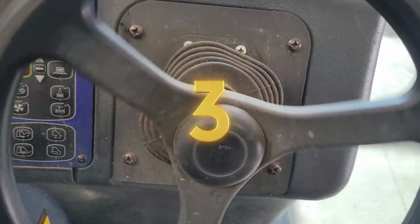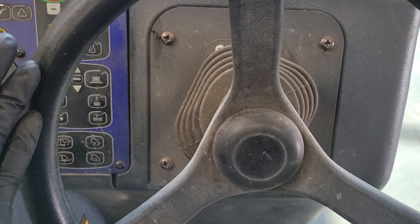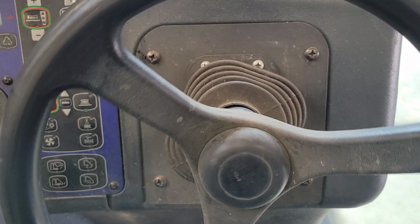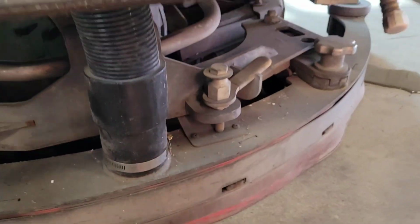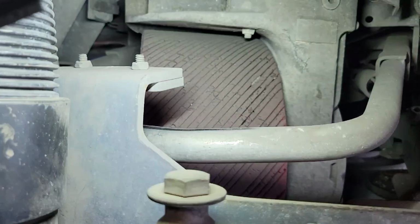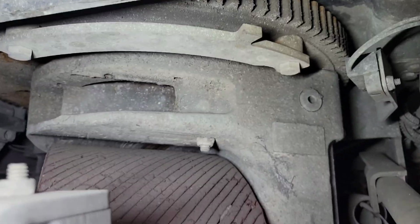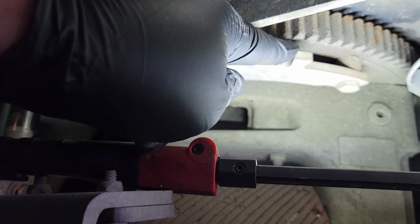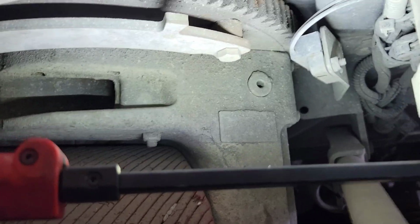Just seems like you have no steering input whatsoever. You're driving and it's constantly doing a left turn, constantly doing a right turn, no matter what way you turn the steering wheel. If you get down and look at the drive wheel, which is right here, you take a look at where everything's mounted. You can see this bracket here, this little tab. If you look at each side, they both have,